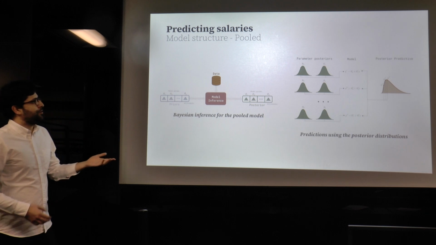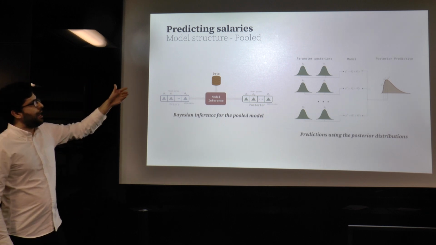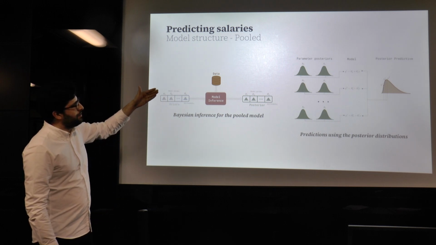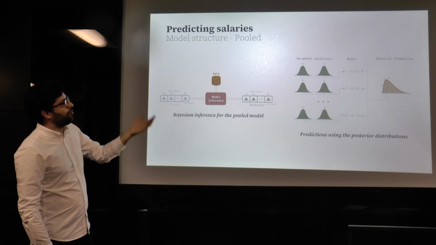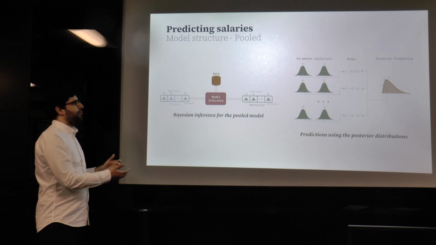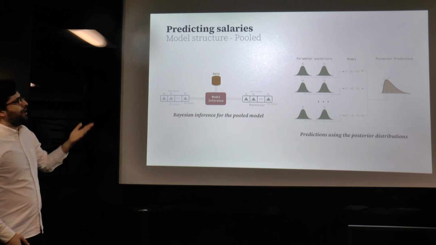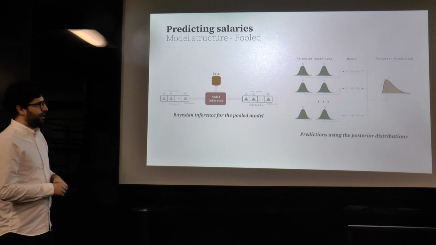What can we do with those posteriors? We can draw samples from those posteriors and generate several samples of our target variable, and we can build what we know as the posterior predictive distribution. So when I refer to posteriors, I am referring to the distribution of the parameters. When I refer to the posterior predictive, I refer to the distribution of the target variable.